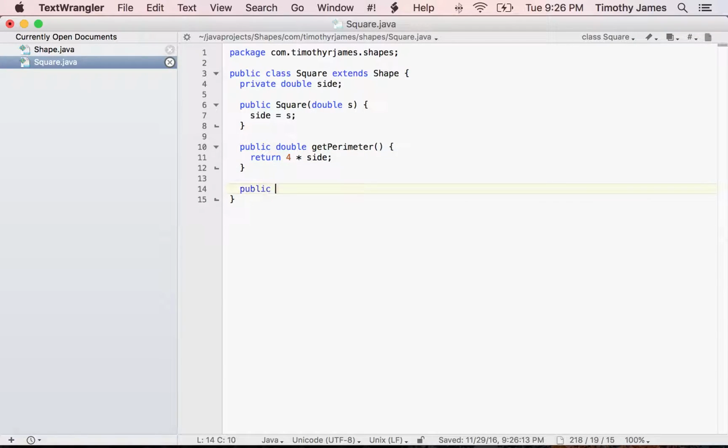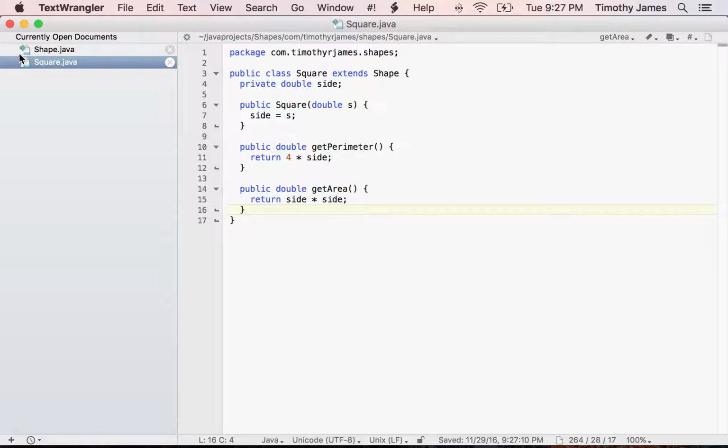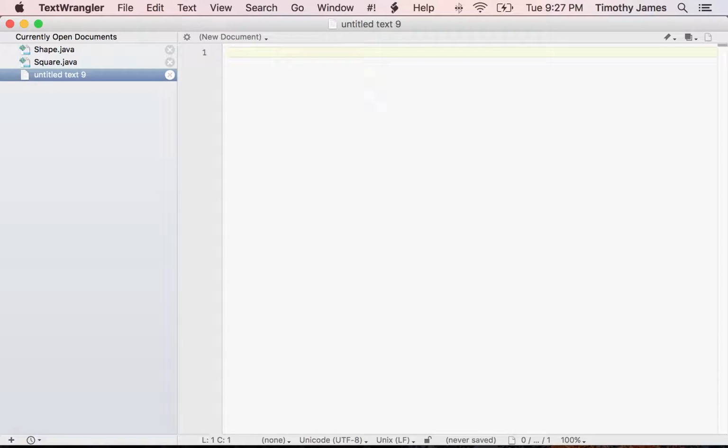Now, to get the perimeter, we will just return 4 times side. We'll also need to implement the area. Public double getArea. Return side times side. Now we should have a square that will compile, and we have a shape that the square is based on. Now we could also create another, let's say we create a rectangle, for example. Public, well, let's make our package first. Package com Timothy R. James rectangle